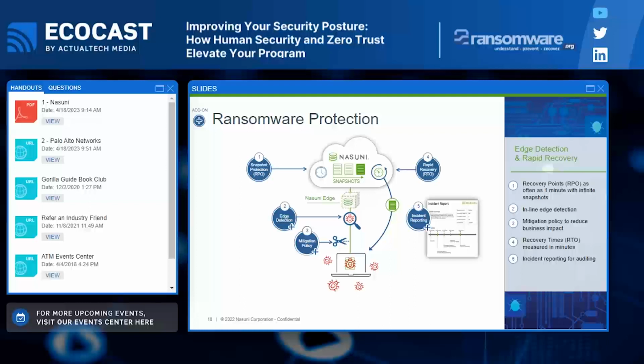And so our mitigation policies, if the ransomware continues to infect files, immediately cuts off that client and sends you more notifications to let you know that client has been cut off and it's identified the source of this ransomware. And so we discussed earlier, 95% of these attacks are human error. And so with these mitigation policies, we're cutting it off now down at the device level. And so, if someone kind of triggers that ransomware attack, it's coming from their IP address, boom, cut off from the system, limit the blast radius, limit the spread.